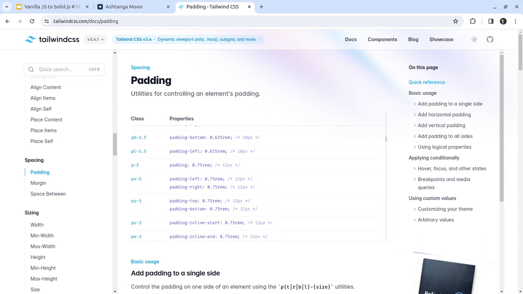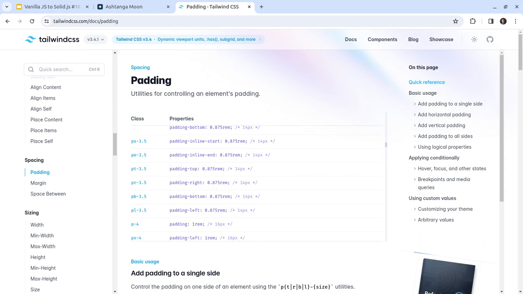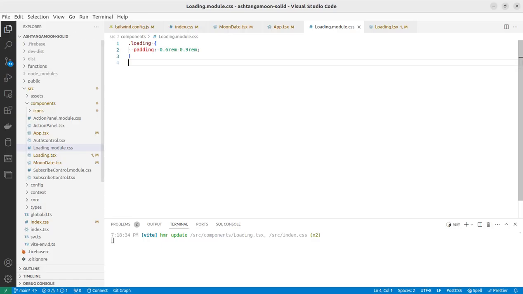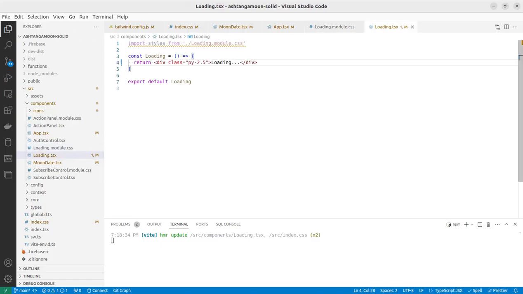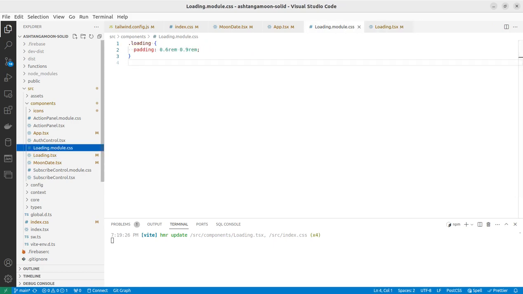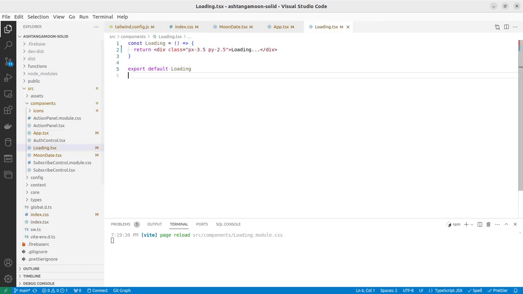So 0.9, something similar. Okay, we have 3.5. I think we should be okay for PX 3.5. So I can save the component, remove the file, and check the loading